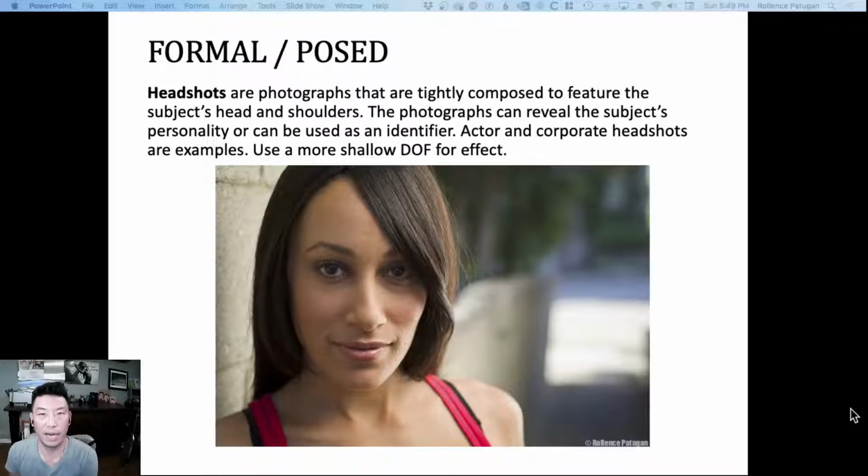Hey, let's talk about portraits. And in this video, I'm going to talk about the formal or posed portraits of the headshot, three-quarter, and full body shots. Let's start off with headshots. So headshots